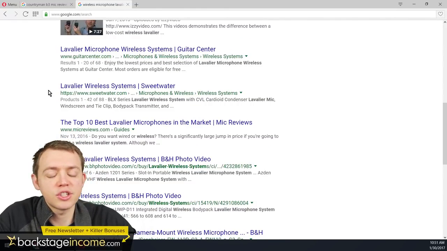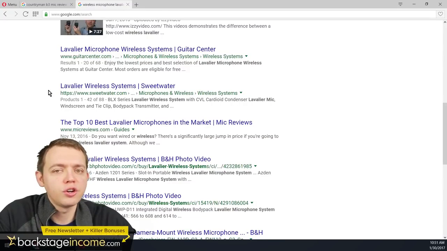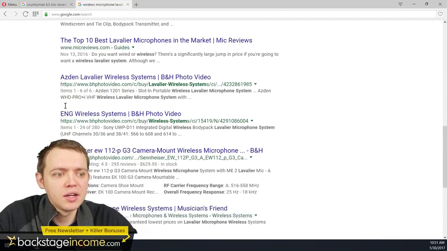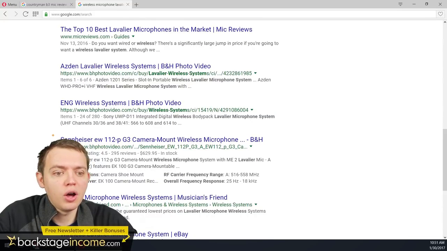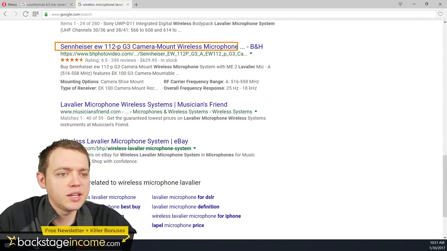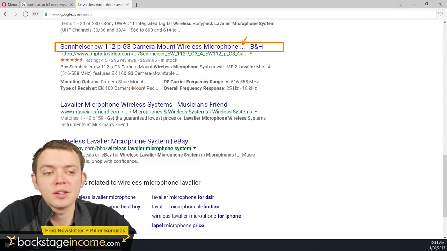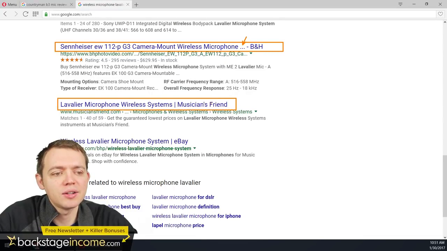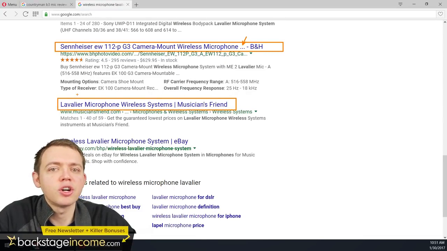Now, Google and certain search engines don't always use your full title or your full description. For example, they might modify that description a little bit. They'll tweak it depending on what's inside your body text. So also, if it's a little bit too long, like let's take, for example, this one from B&H Photo, you can see that the Sennheiser EW112, and you can see there's the 3 dots, which means the description is a little bit too long or lengthy. But basically, you want to write this title in a nice way,